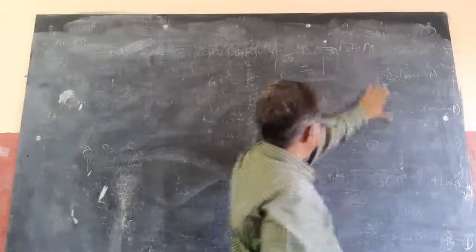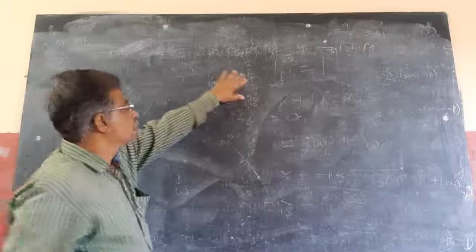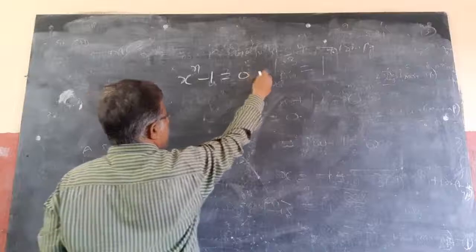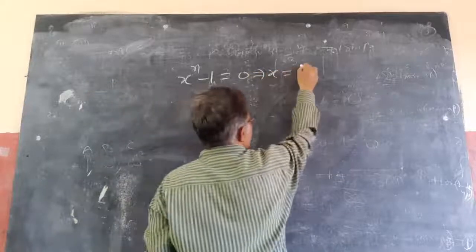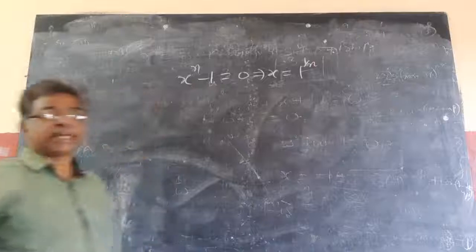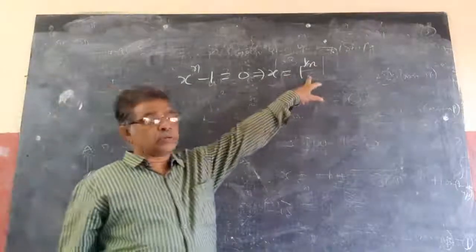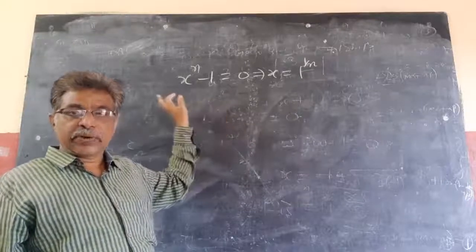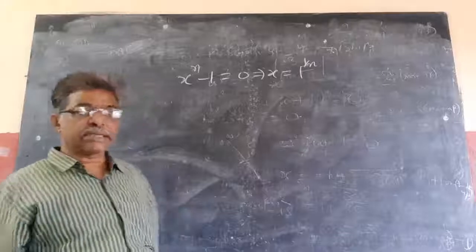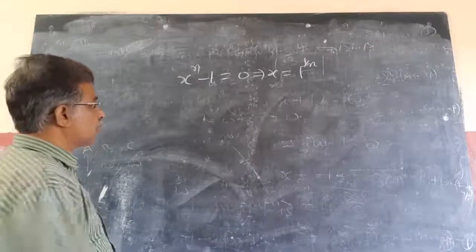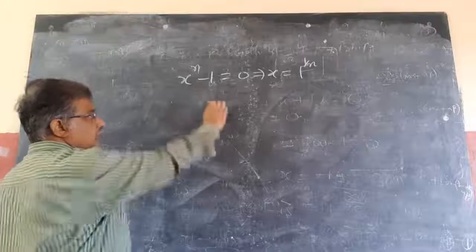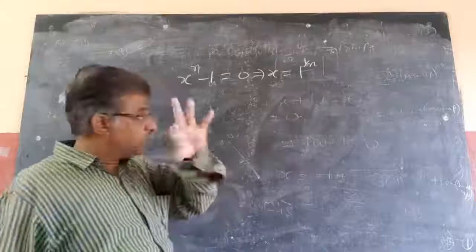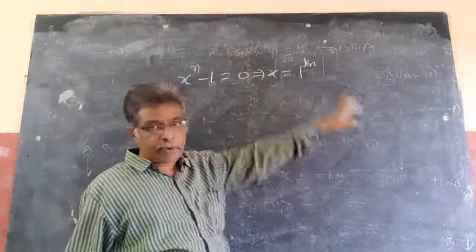Nth roots of unity. What is nth roots of unity? Same as cube roots of unity. x power n minus 1 equal to 0. Automatically x equal to 1 power 1 by n is nth roots of unity. So there will be n roots. How to find? You can't factorize that easily. If you want to factorize, you can write it like a GP progression. That is the other case. Leave it like that. What I want to say is, if you want to factorize, you have to use GP progression. You will get no problem. Dividing numerator and denominator by x minus 1, you will get it. Leave it aside. Now x equal to 1 power 1 by n you got.